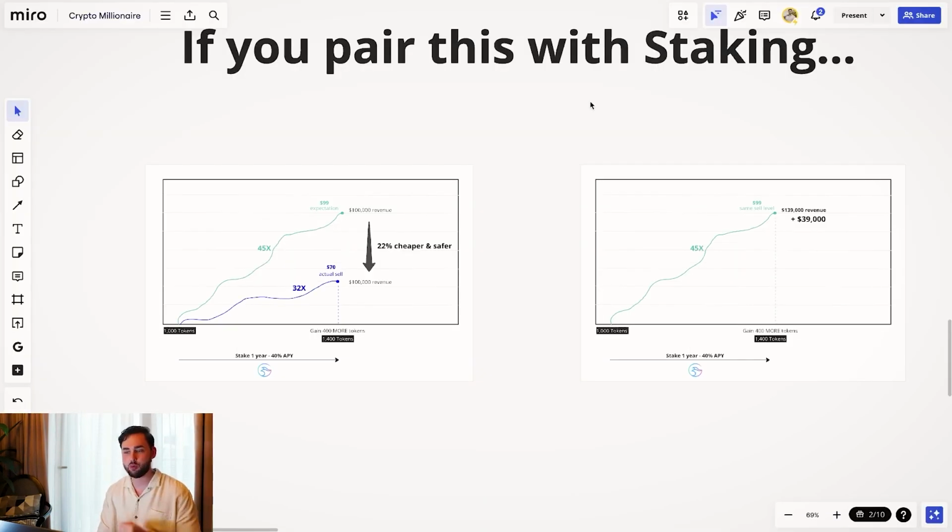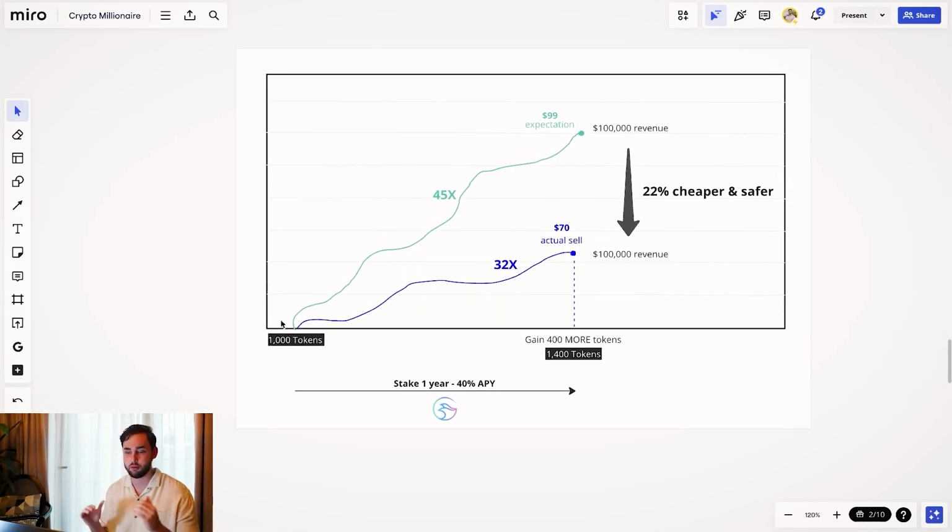But if we pair this with a staking plan, this is going to allow you to maximize your gains to the nth degree. I've spoken about this quite a lot using this exact example over here with Manta. Staking for a period of 1 year at 40% APY. In the case of Manta, yes, you can stake for 40% APY. No, it is not on any third-party website. It is on Manta itself. And other projects might give you 10, 20%. But even 10 or 20%, if you stake it when you cross that blue line, as soon as you buy in the next bear market, instantly, you're going to be able to make an additional,